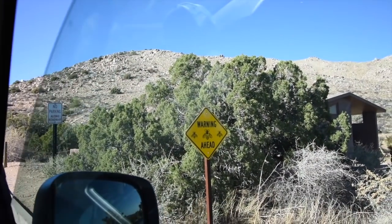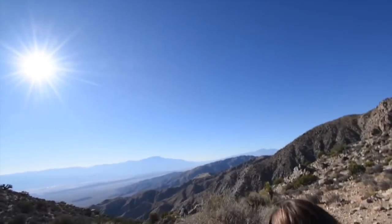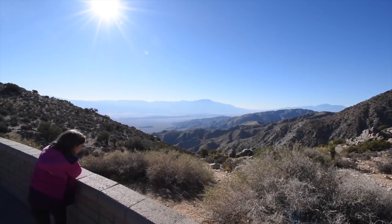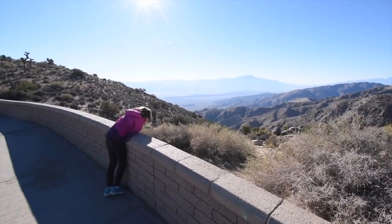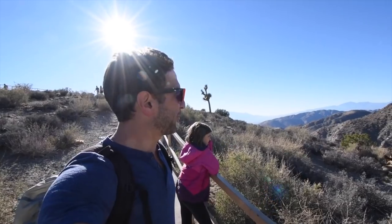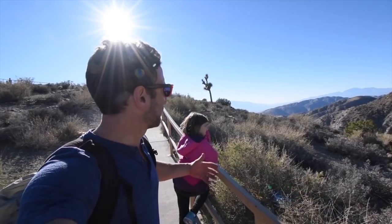With our bees. In every national park, there's always people that tell you that there's a view that you absolutely have to see because it's totally beautiful and it's going to totally blow your mind. And then you always get there and it's totally terrible and boring and overrated. And oh my gosh, look behind us. Wow. So boring. That is outrageous. There's no words for it really. You have to experience it